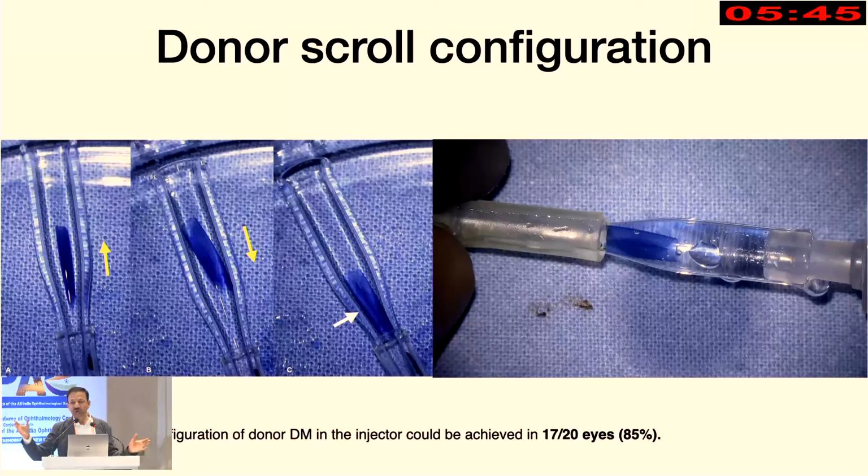If you have older donors, they don't have that elasticity, so it will not spontaneously go into a double scroll. And if you use a very young donor, that is such a tight scroll that sometimes the opening that you see between the narrow and wider part doesn't open up. There is another technique described where, when you are putting the tissue in the Petri dish, you hold the tissue in the center at one edge, and then you just move the tissue in the Petri dish, and you will find the two edges away from the place where you hold go into a double scroll. So these are ways and means where you can try and create a double scroll before you aspirate into the